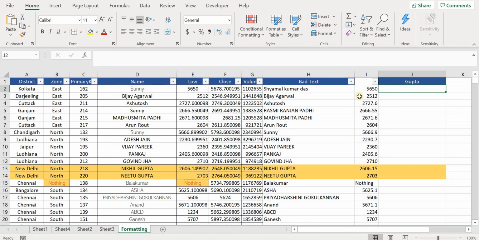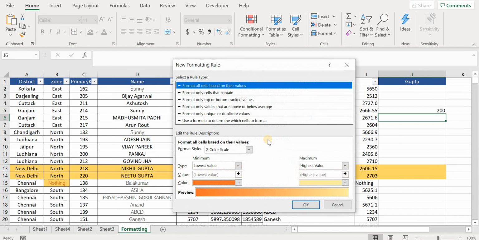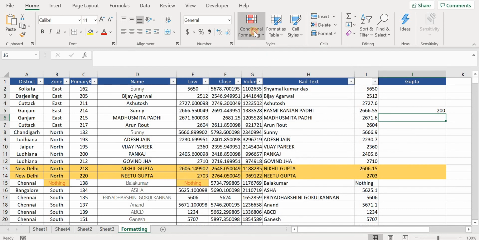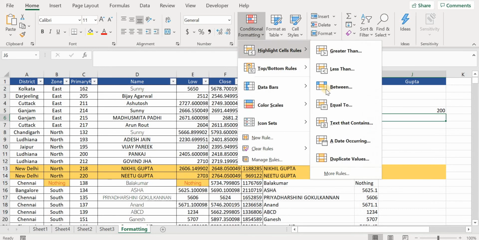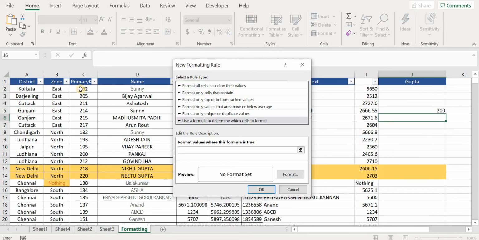So now let's see one more thing. Suppose I write the value 200 here and I want all the values which are above 200 to be highlighted. So let me create another rule. I have already taught you this can be created very easily from here, greater than, but I want to show you how this can also be created. Come here and give C2.